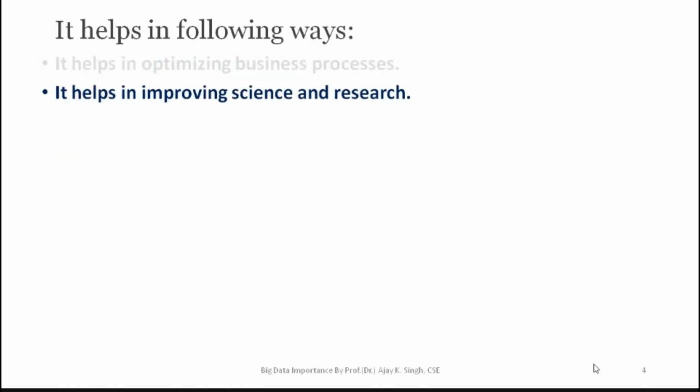Next, it helps in optimizing business processes. Very clear. The moment I have some idea of this data, I am going to optimize. Clear. Helps in improving science and research. It is very, very important. Whatever research has been carried out in the USA, UK, we are able to see that, and after that we go for the next step, isn't it? So it is not that the wheel is going to be reinvented. Somebody has already invented that wheel. We are going to apply that concept in order to go for a new one. Okay? It helps in improving science and research.